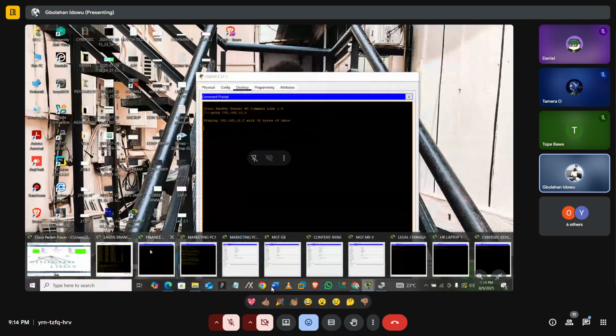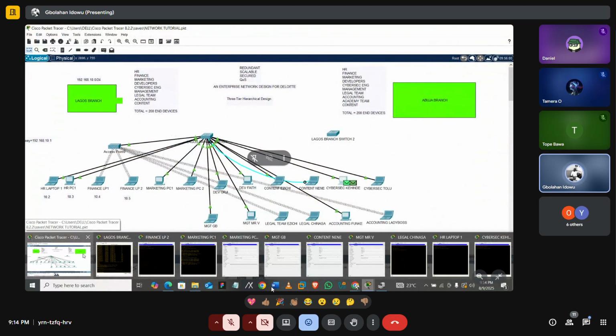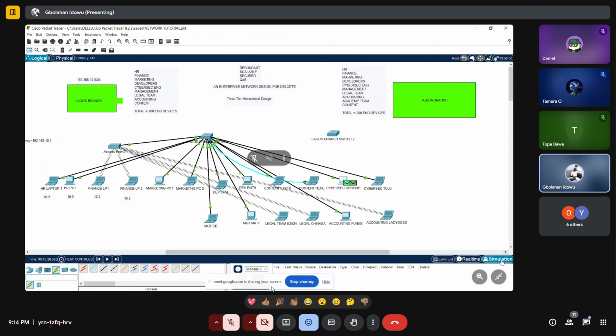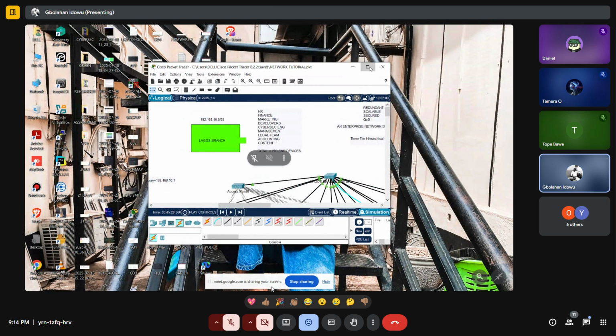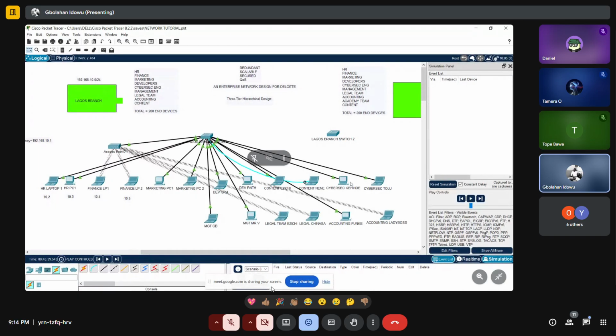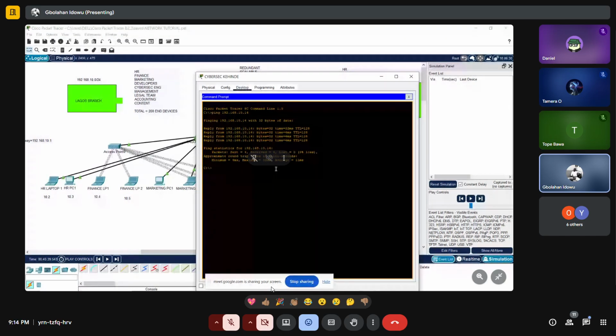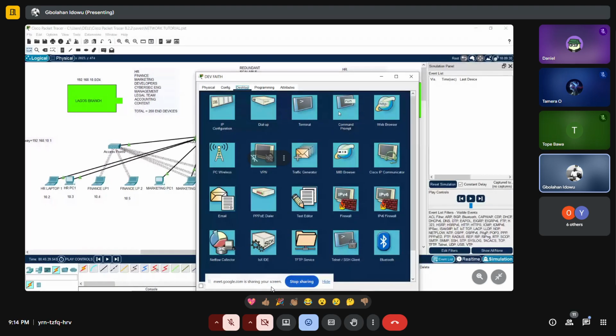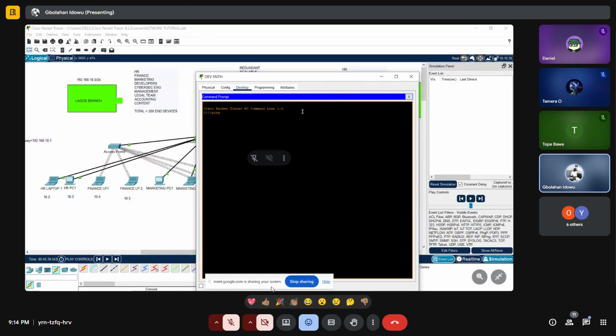I can't even find this thing. What's wrong with Cisco Packet Tracer? So let's just use this. Ping